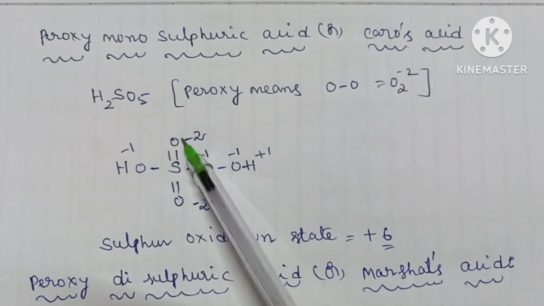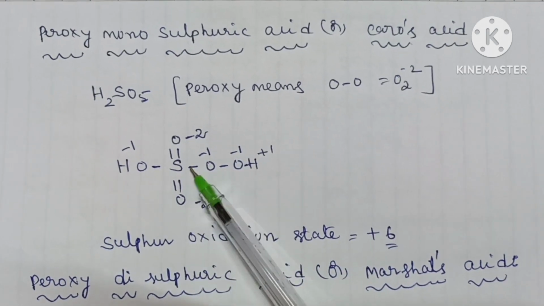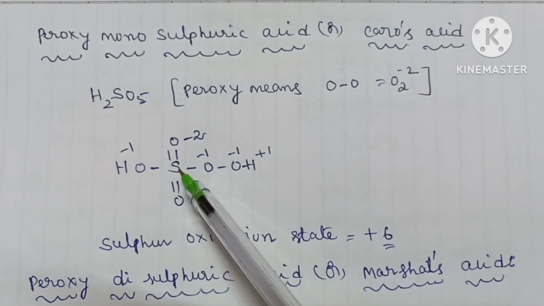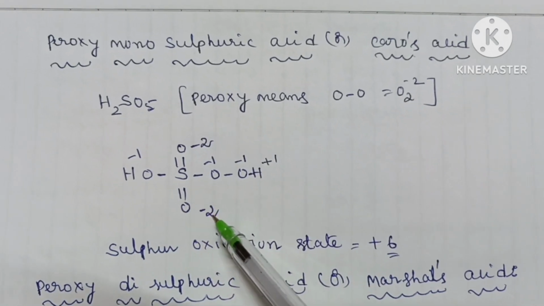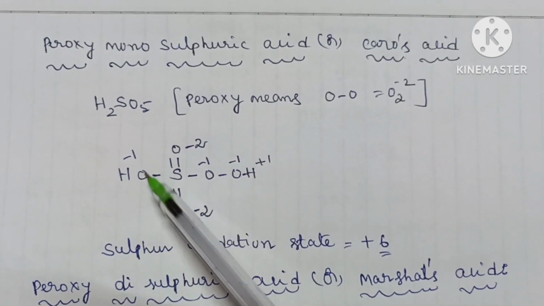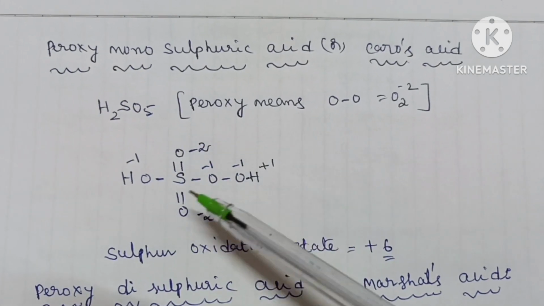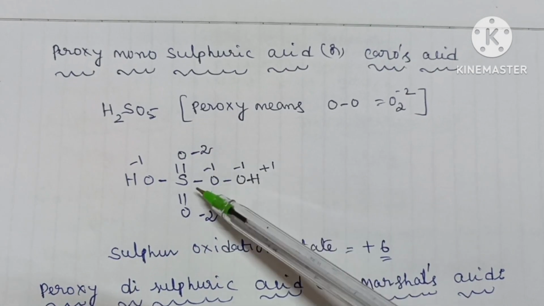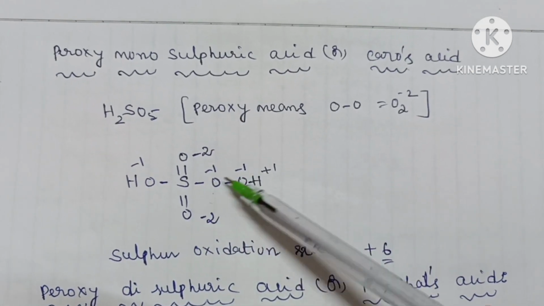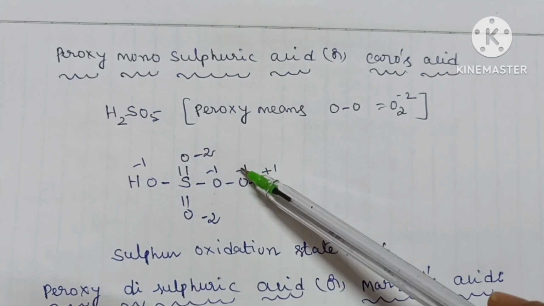This is 1, again 2 hydrogens is over. Then after you have to find out the sulfur oxidation number. First, we all know oxygen oxidation number is -2, OH minus oxidation number is -1, then oxygen oxidation number is -2, again oxygen oxidation number is -1. Why? Because this is attached with single bonds. Okay, again in this oxygen oxidation number is -1.